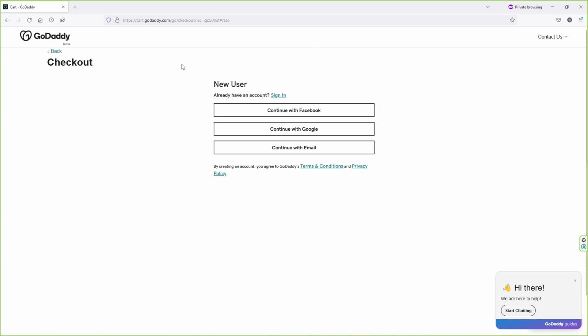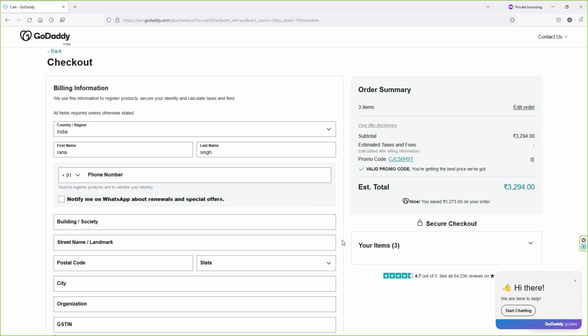So before we proceed to the checkout page, if you're new to GoDaddy, you can create your account. You can use Facebook, Google, or email to sign up. If you already have an account with GoDaddy, you can click on sign in. So I'm going to click on continue with Google. Alright, once you sign up on GoDaddy using your Google account or any social media, then you will land on